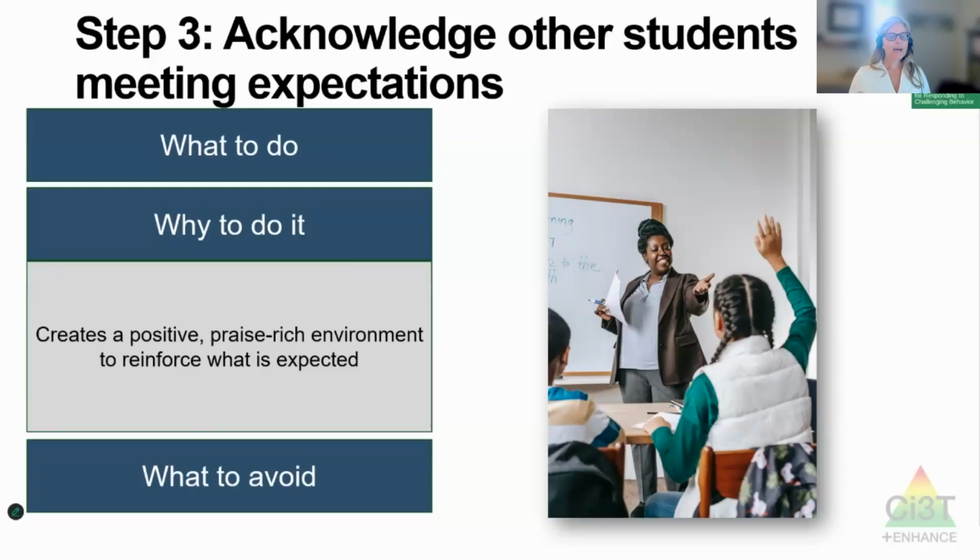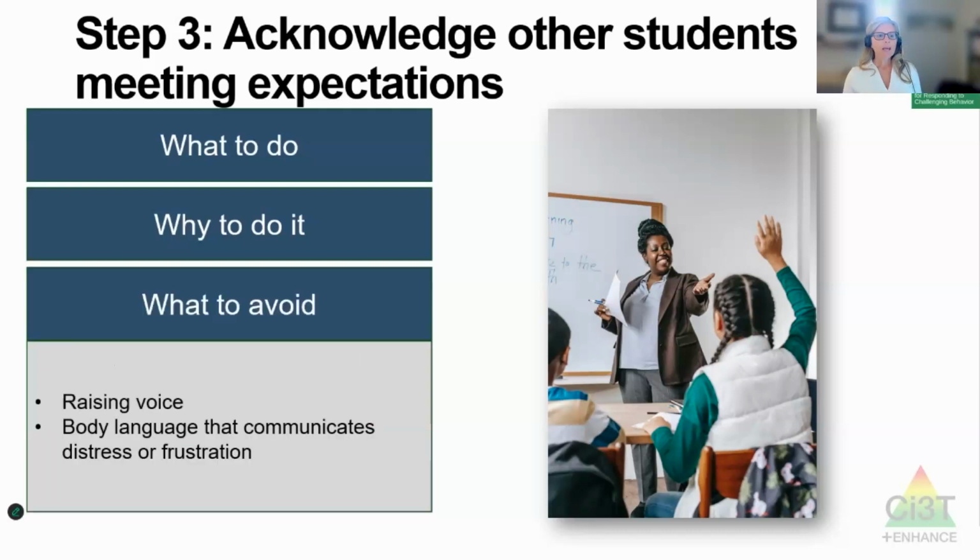All right, so now why do we do it? We want to communicate that learning and positive social engagement are our priorities. So behavior does not shut instruction down in your classroom. And the way to best access my attention is by meeting expectations. So using that behavior-specific praise for the students who are doing the appropriate activity or engaging in the way that we hope, and acknowledging that first, clearly sends that message. You know, our typical response might be to scan the class for somebody off task and go directly to them, and we really want to flip that response so students understand what's expected and what's